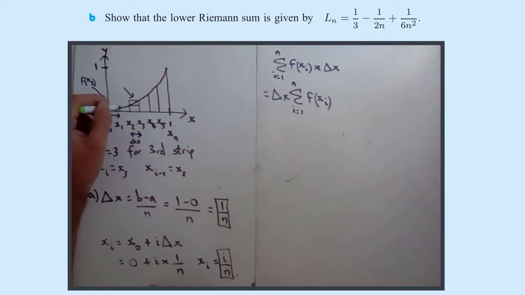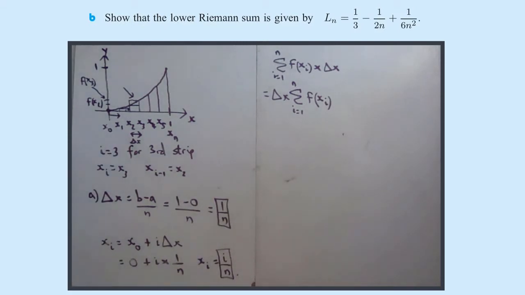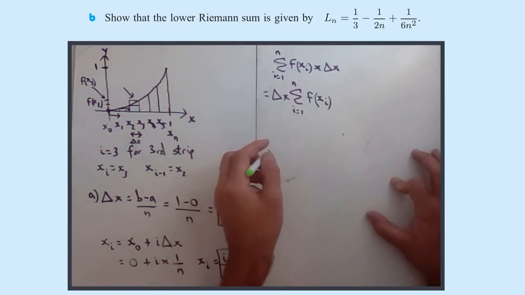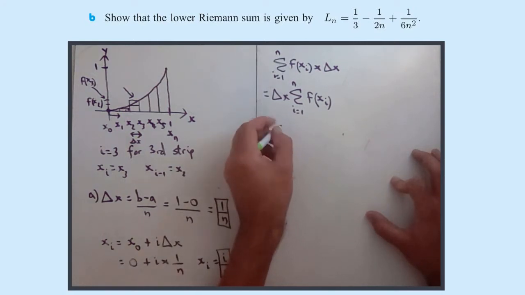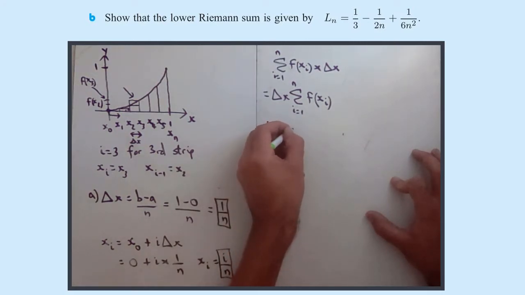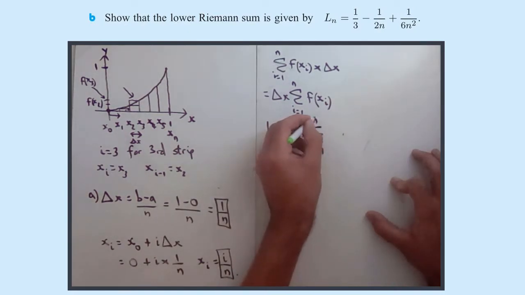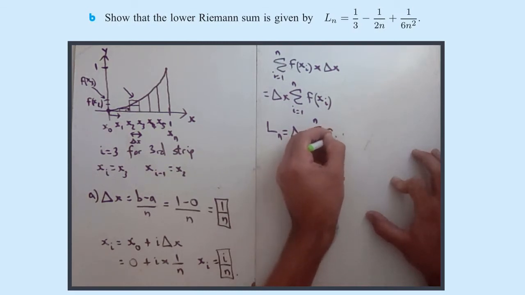If we're on the second strip, if we pick x1 as our height, it's clearly going to give us an overestimate. So we don't want xi, we want xi minus 1. So the lower sum is written like this. It's going to be delta x times the sum from i equals 1 to n of f of x